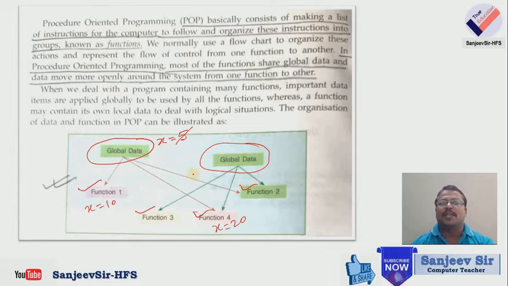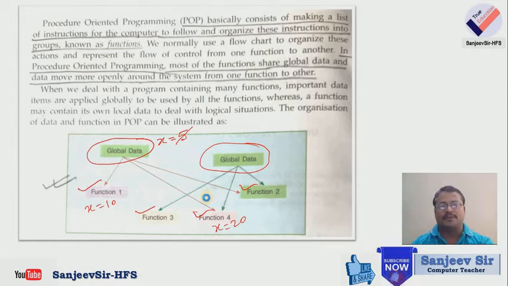So the 5 will be changed according to the needs of the functions. Which data is important and which data needs to be maintained in a program, that is the problem. That means data will not be secured, and data will be updated by other functions. In such a way data may be lost or an ambiguous situation may arise. That means which one is the correct value of x, we don't know. Data is accessible to all the functions, so this is the difficulty of the procedure oriented programming approach.